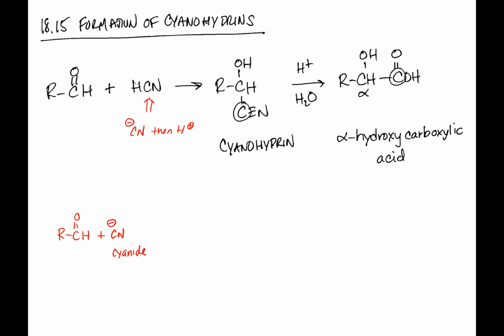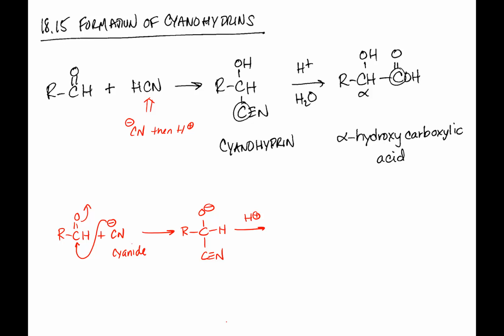But if we use cyanide ion, that will attack the carbonyl, and the pair of electrons will go up to the oxygen, just like a normal Grignard reaction. And so I'm going to end up with an O minus with then the C triple bond N group down here. And then in the second step, I'm going to add H plus in order to protonate the OH group and